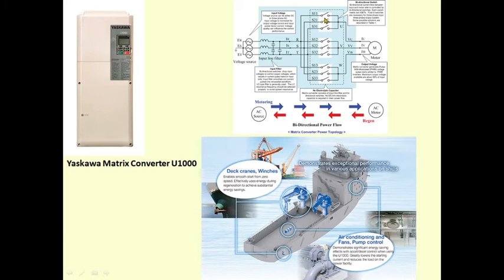Okay, so these are bidirectional switches. Nine bidirectional switches are used, and this is the input side filter, and we also have an output side filter, because we are using an induction motor, so sometimes we don't require that. This is the basic structure, and here the power can flow from this side to this side or from this side to this side. That is why it is in motoring and regenerative mode.